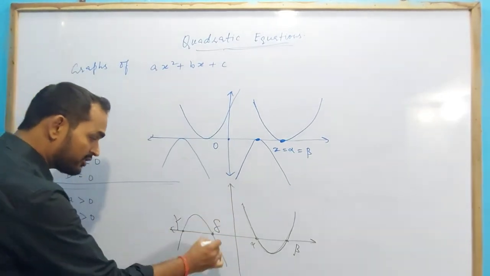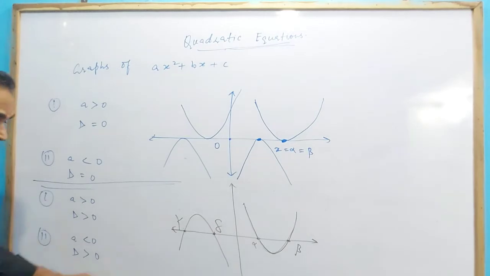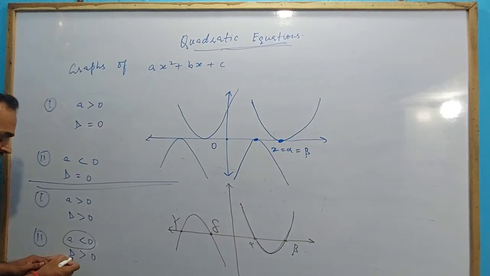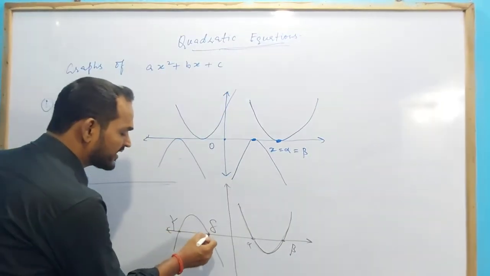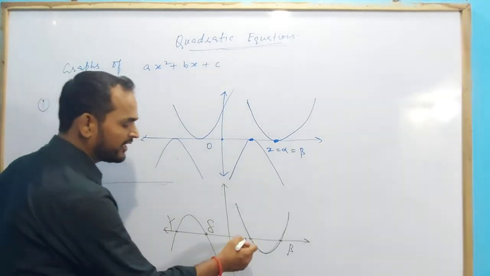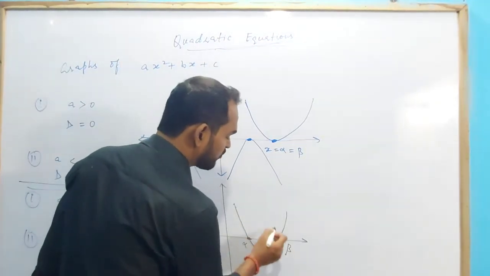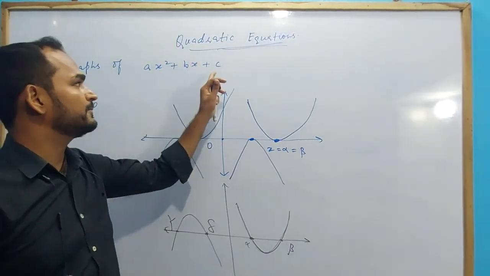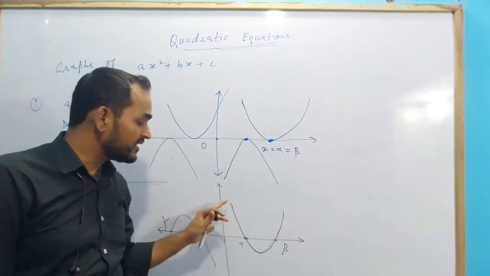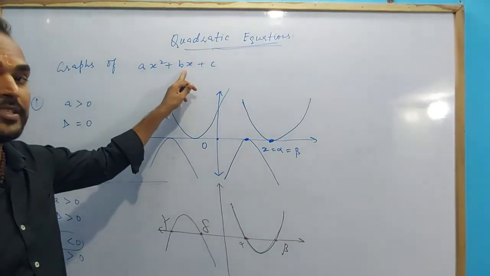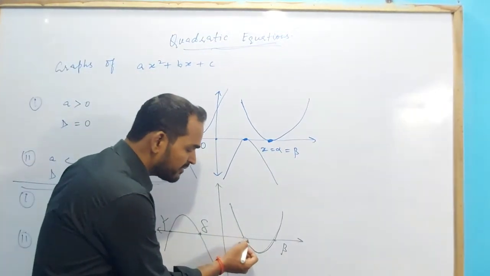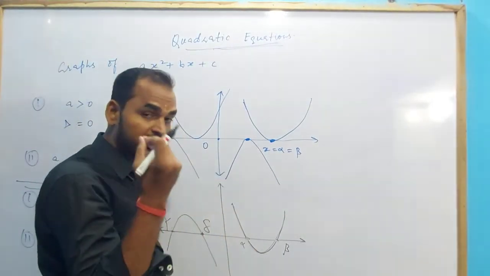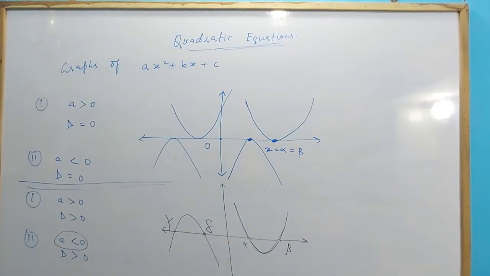So it is vertically parabolic downward. Why parabolic downward? Because a is less than 0, and since d is greater than 0, therefore it will intersect the x-axis at two distinct points. Similarly here it had intersected the x-axis at two distinct points, and these two distinct points are the roots of the equation ax square plus bx plus c equal to 0. This graph is for the expression ax square plus bx plus c, but these points, the roots, are for the equation ax square plus bx plus c equal to 0. Just keep it in mind. It is very imperative to understand.